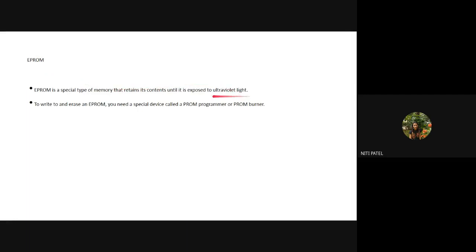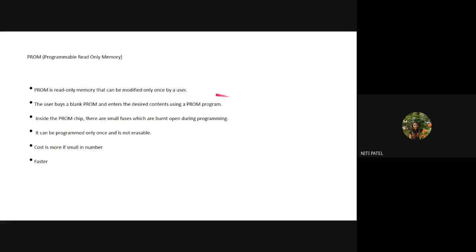So this ultraviolet light exposure was not there in your PROM, which is there inside your EEPROM. You will require a programmer or a burner, along with a UV light concept, to put the data inside the ROM and then insert that ROM inside your computer system. Again, if you want to replace or erase any content, you have to remove the existing EEPROM, go and purchase a new EEPROM, use the same concept, either a burner along with UV light or a programmer along with UV light, and then insert it inside the computer system.